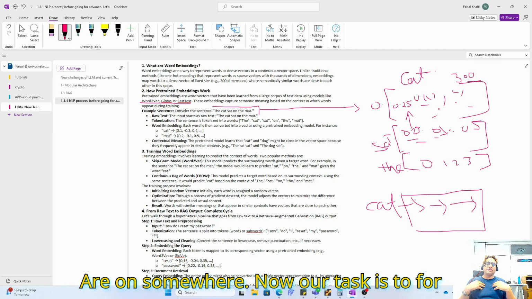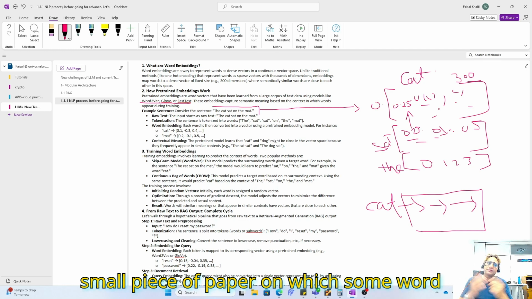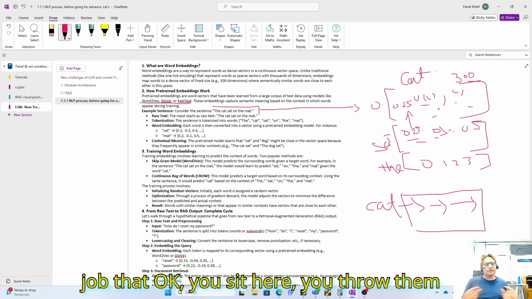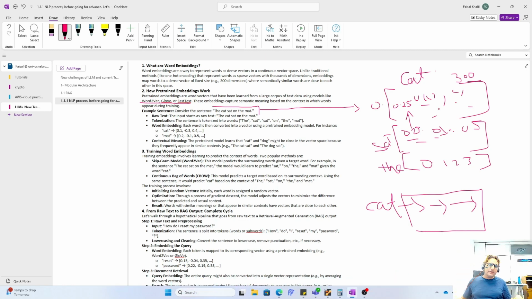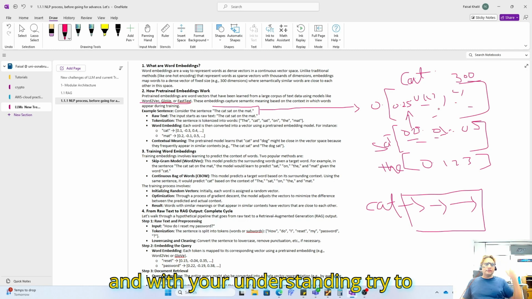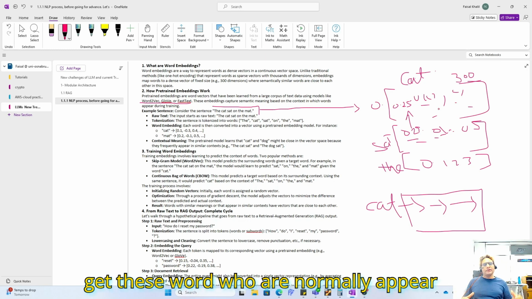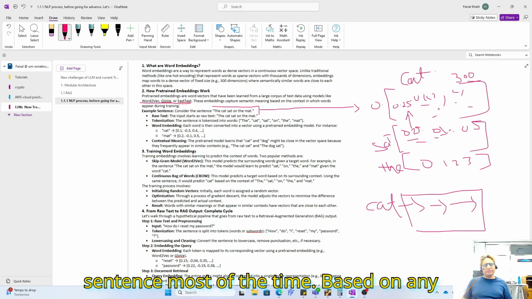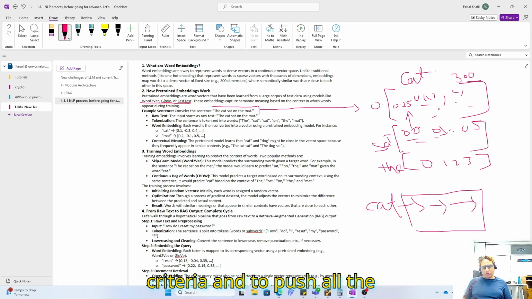Our task is, say, there are small pieces of paper with a word written on each, and I give you the job: you sit here, throw them on the floor, and with your understanding, try to get the words that normally appear together, or are similar in the sentence most of the time, based on some criteria I give you, and push all those words closer together.